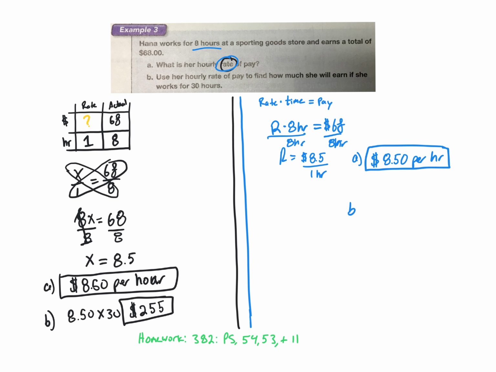And then same idea as we did over here, we're going to say that $8.50 times the 30 is going to give us the